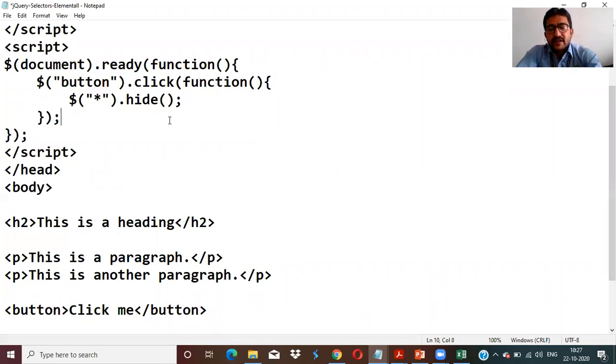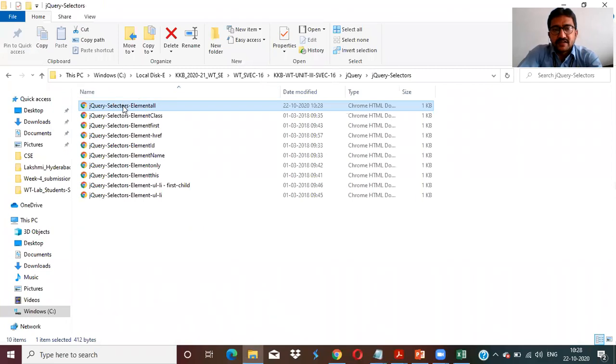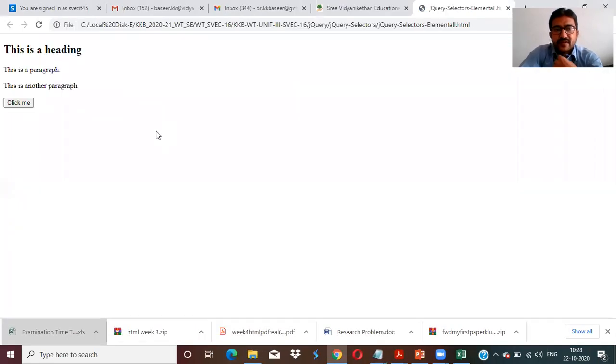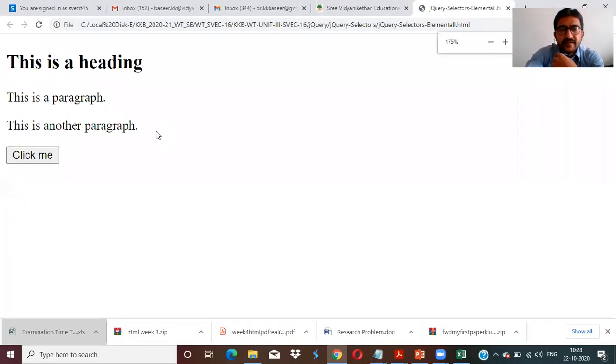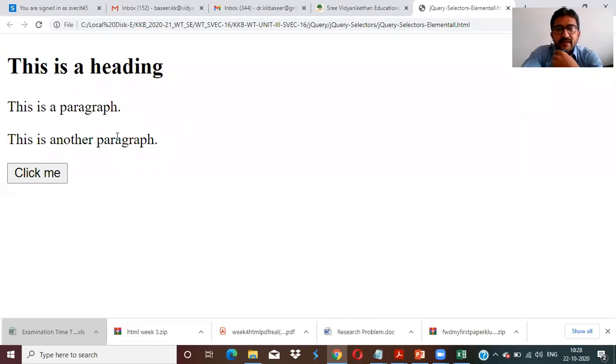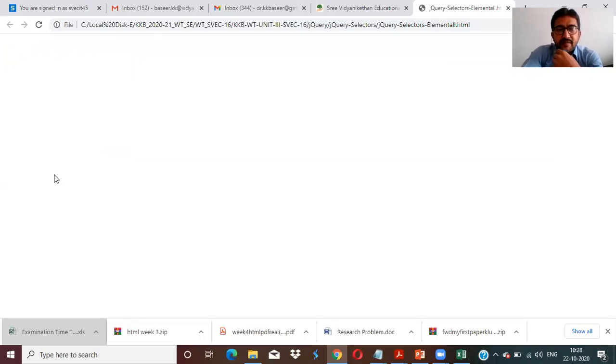Let me run the program so that you can understand a little bit. See here, this is the program running. When I click here, click me, what happened? It will hide all the elements whenever I click the button. How am I specifying that?